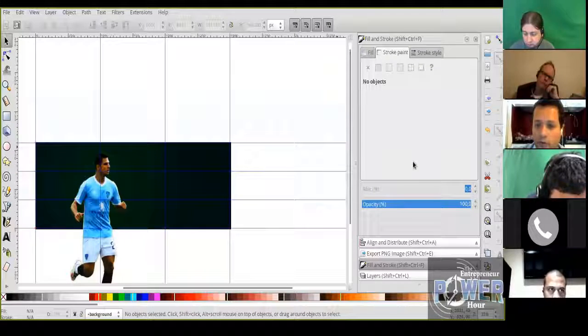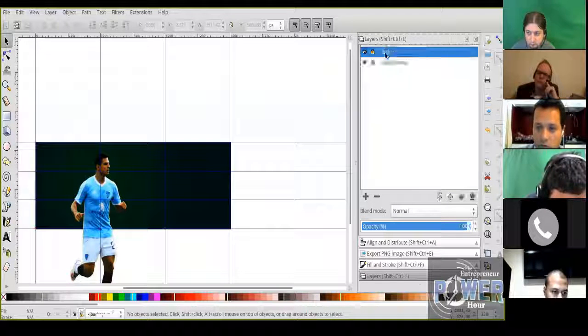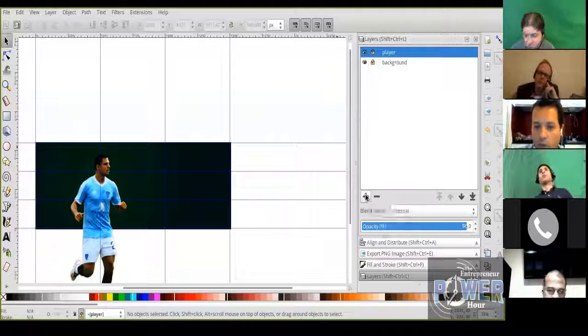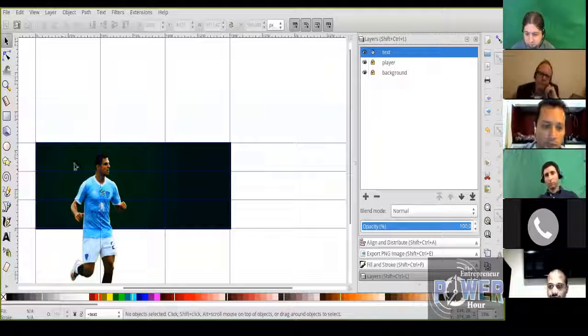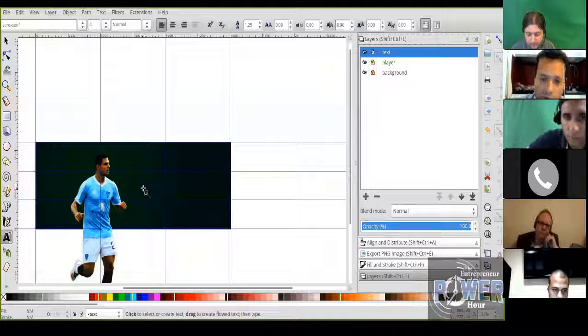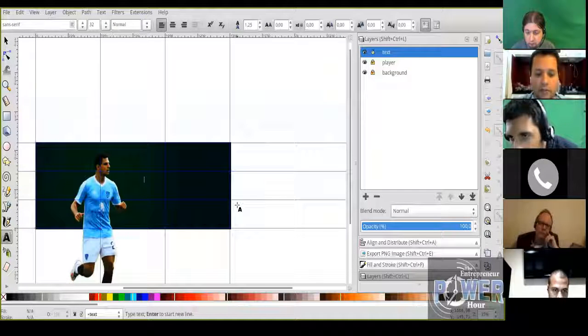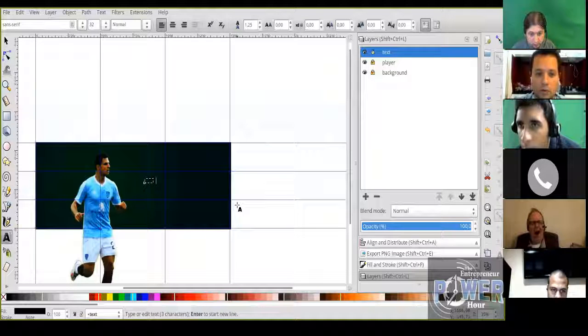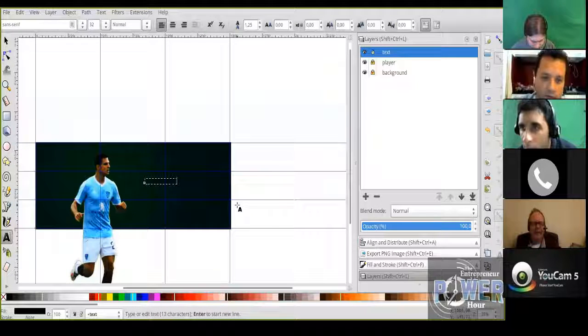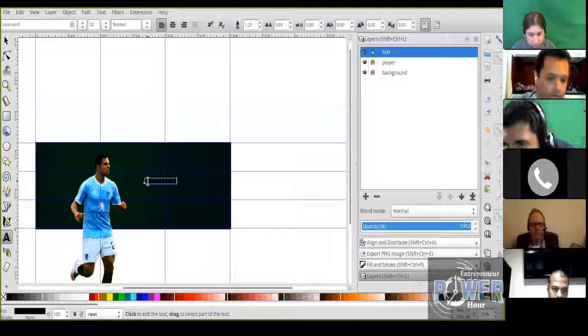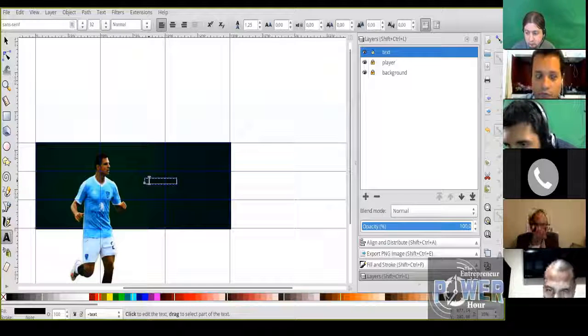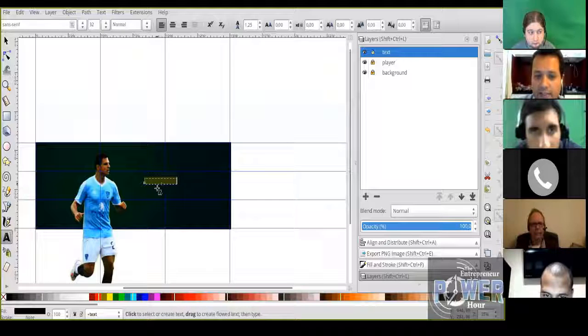Now I'm going to create, first of all, lock those. I'm going to change ball for layer. I'm going to lock those two layers and create a third one. New layer called text. So that's it. Now with the text tool, I'm going to come here and create soccer player. I have written this with the default font, but if I double click, I select all the text, I can change here